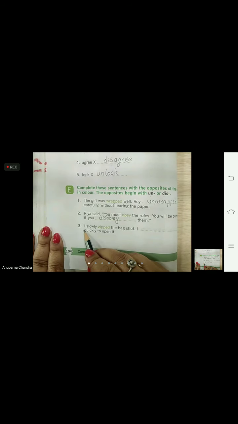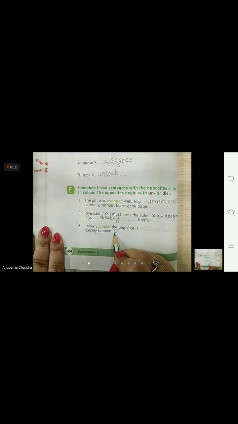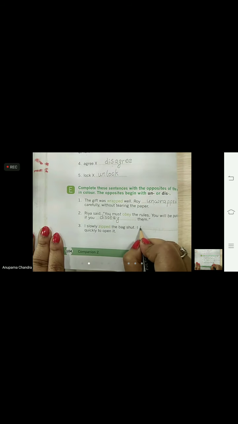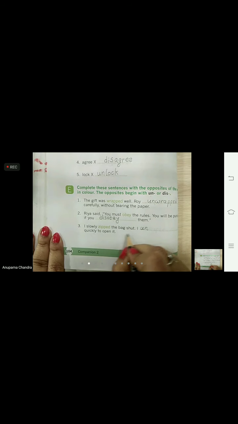Third one: I slowly zipped the bag shut. I dash quickly to open it. We have to write the opposite or antonym for the word zipped. And to make the antonym, here we are going to use un.